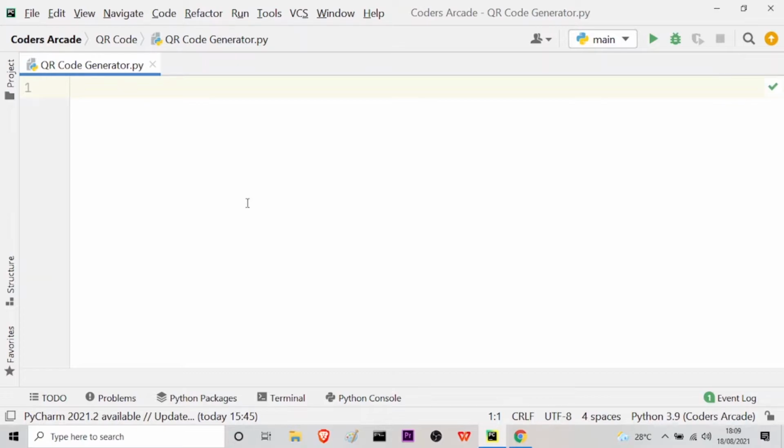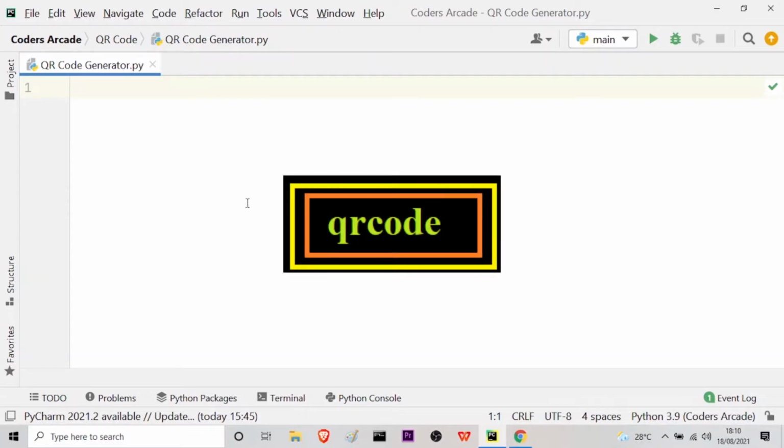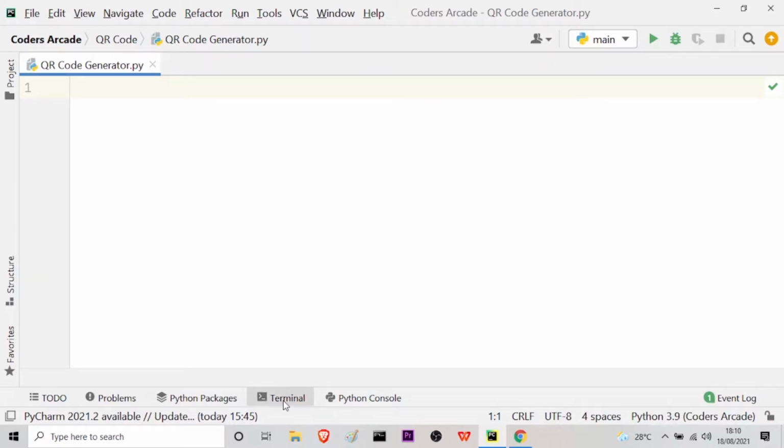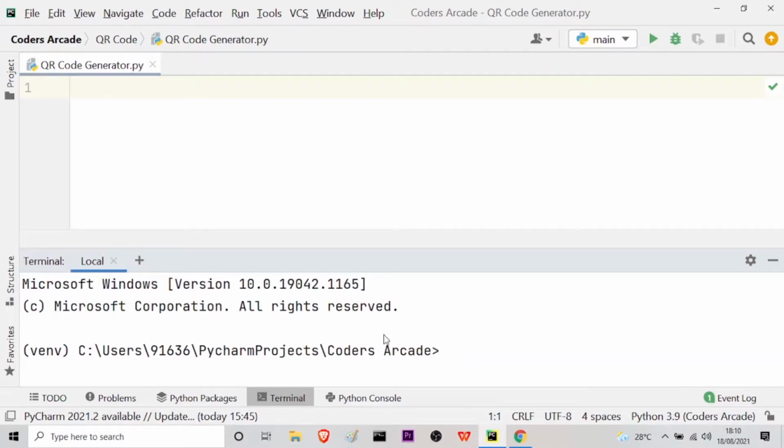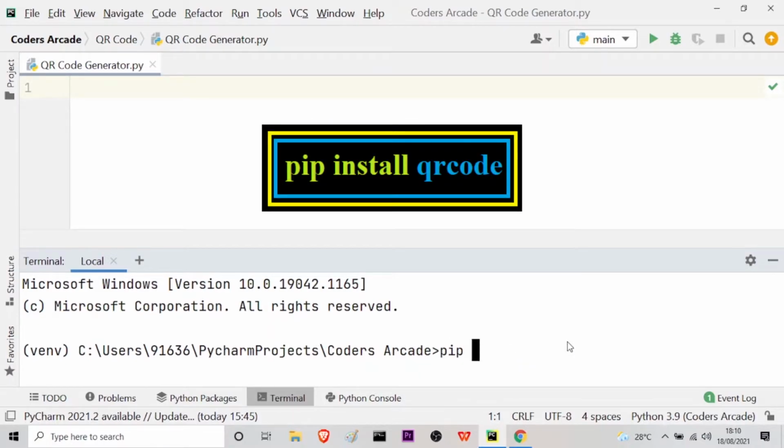In order to generate a QR code, we need to install a module or a library. The name of the library is qrcode. So for that, let me go to the terminal. Here I will type the command pip install qrcode and press enter.